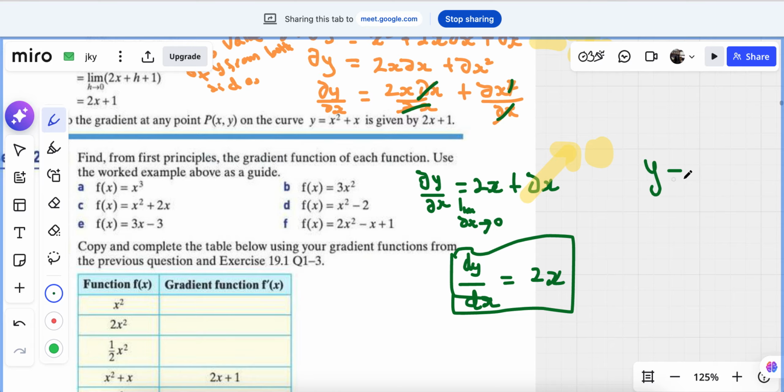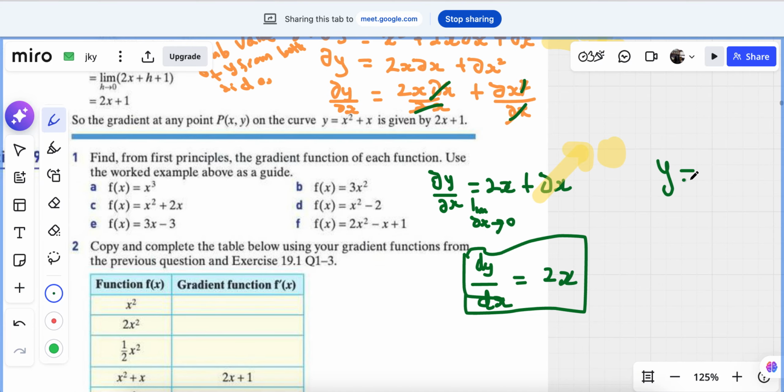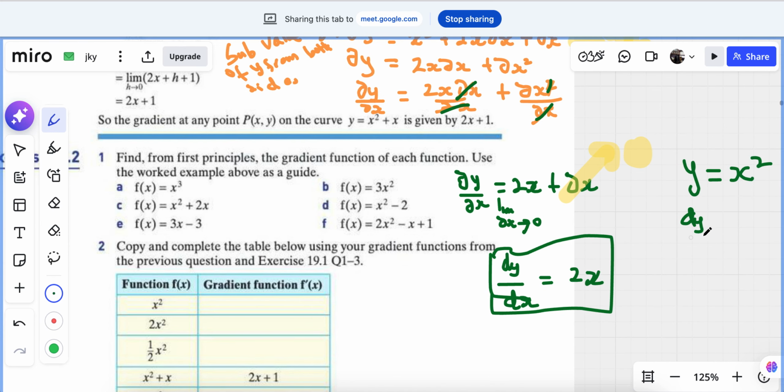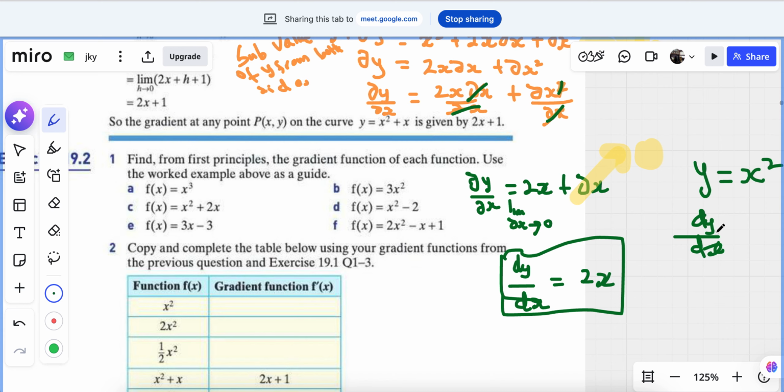The original question was y equals x squared. When you do differentiation from first principle, it takes you a bit longer. But if you just do normal differentiation, if I say differentiate this one, you just say dy over dx. dy over dx is equal to, like I said before, this one will be equal to,